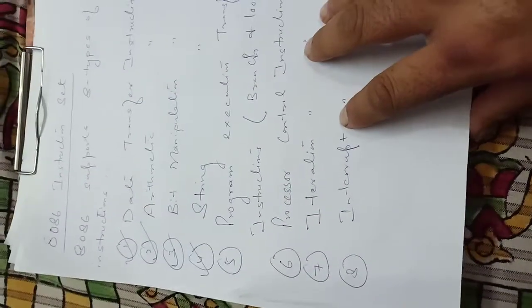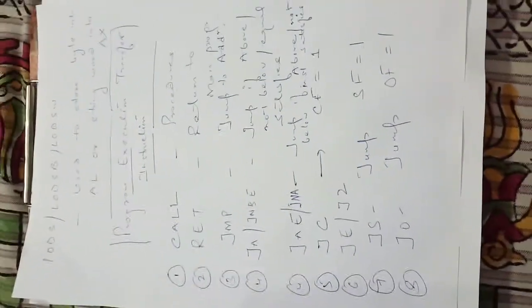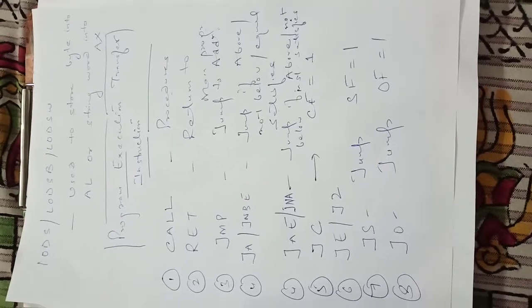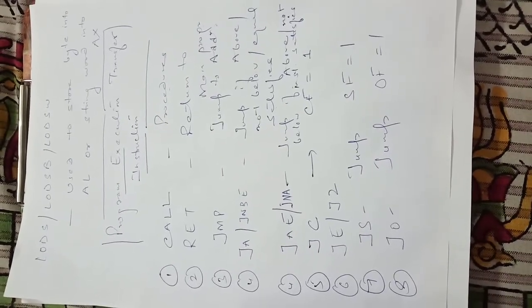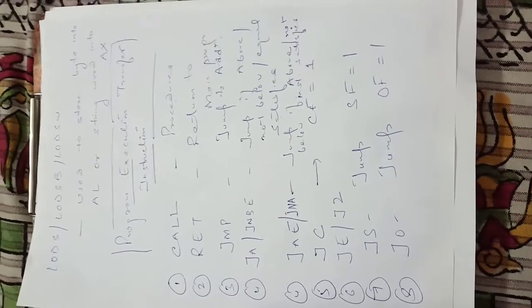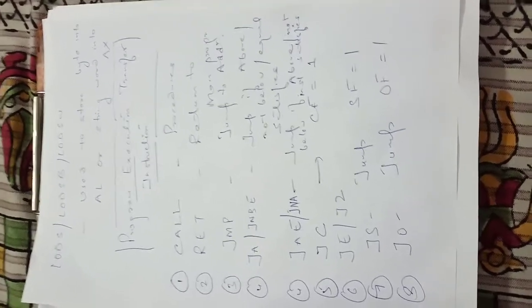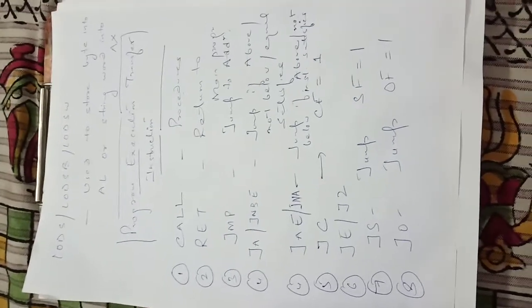Now the next set of instruction is program execution transfer instruction. So when we talk about program execution transfer instruction, these set of instructions are basically call subroutine. As it is very clear to you that we use call in order to shift the execution of program from the main program to some subroutine. Again, from the call there is a return to the main program, jump to a specific address, jump with different types of flags with conditions.